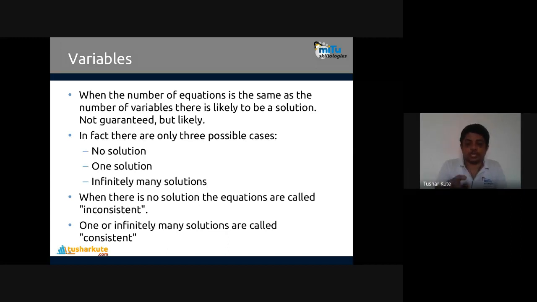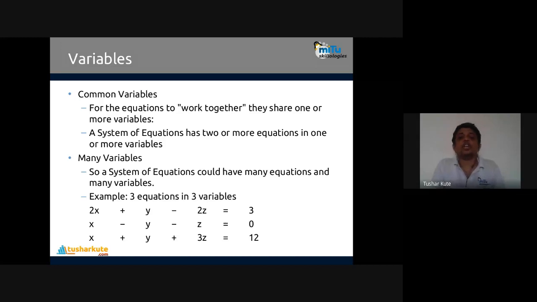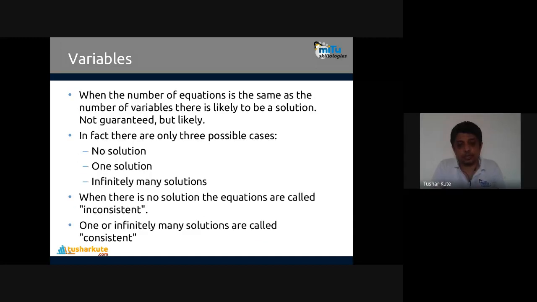Solution means that when I use these equations, I should have a common value for x, y and z. In the first case x, y, z is different, and in the second case x, y, z is different. So these are called inconsistent equations. When there is no solution, a common solution is not there. It means these two equations can be plotted on two different planes; on a single plane, they don't have the same values of x, y and z.